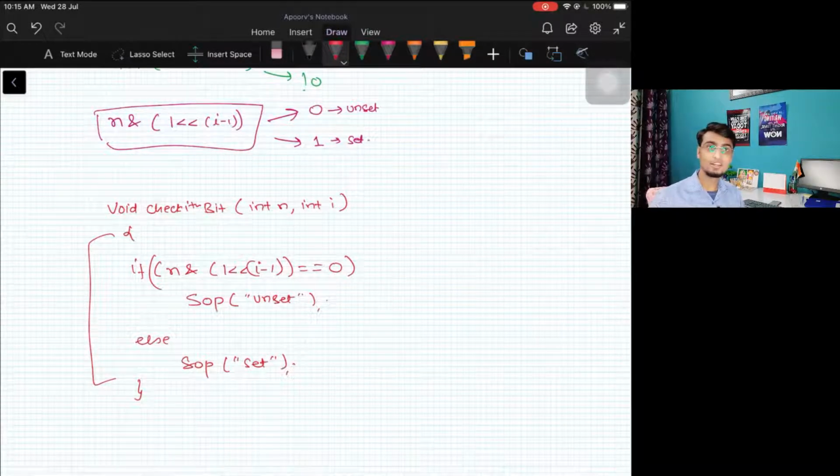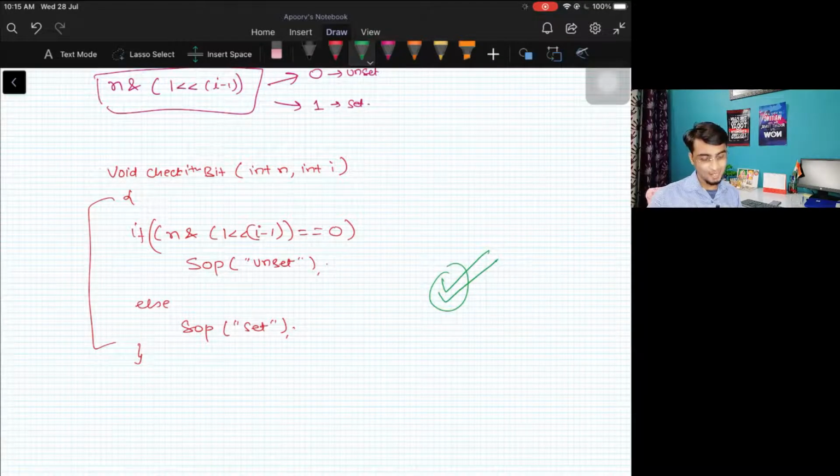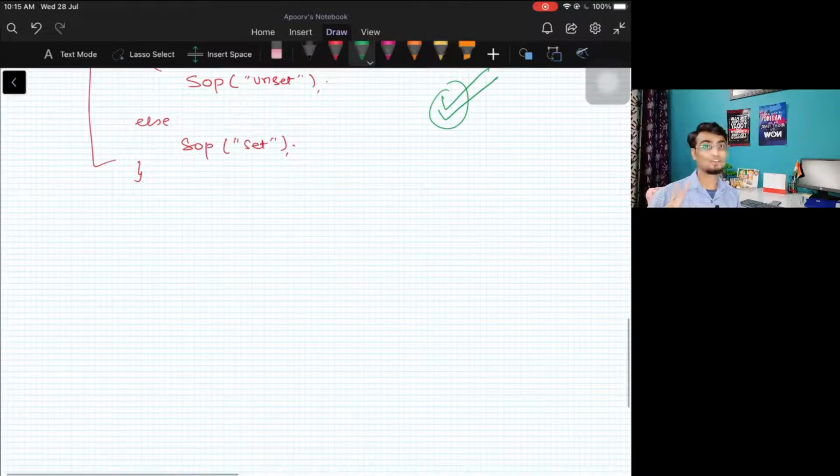In this video we learned how to make the number which we wanted. The logic was to place 1 at the bit we need to check, and then the rest of the places would be zeros. So we got to know how we can create that number, and we just need to do an AND operation, right? The first question is clear.